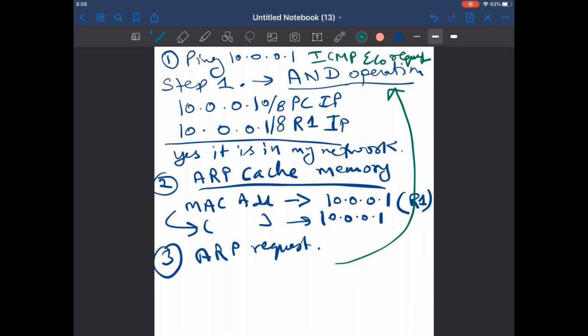So if the MAC address is not present in the ARP cache memory or ARP table, PC1 will generate one ARP request. This is a broadcast request.